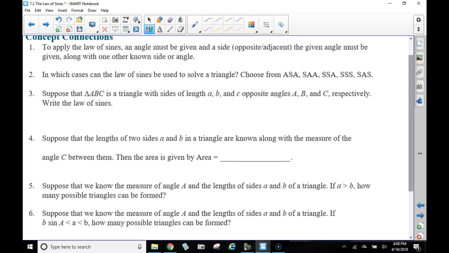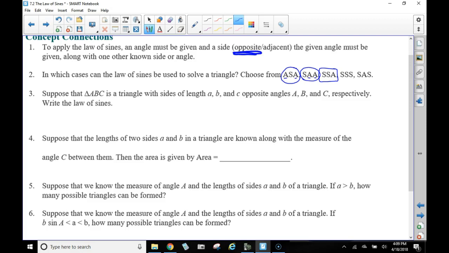To apply the law of sines, an angle must be given and a side opposite or adjacent to the given angle must be given. We've got to get a pair. And so if we have an angle given, we need the side opposite that angle to also be given. So it says, in which cases can the law of sines be used to solve a triangle? Angle, side, angle. Side, angle, angle. When you're given two angles, you can find the third one really easy. And then also this case, the